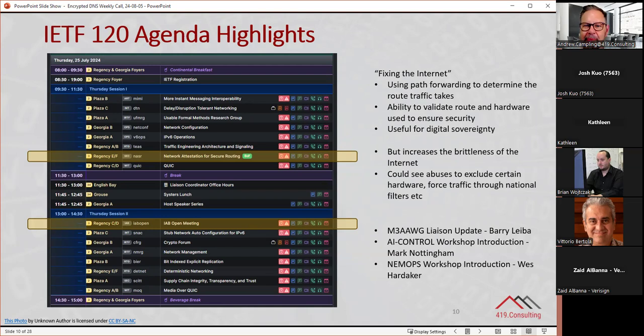If you don't like a particular vendor, you could use this to exclude the hardware. Or, as I think somebody made a point during the workshop, I can't remember if it's in the chat or on the mic, you could force traffic to go through a national filtering, etc. So there were certainly aspects of it which got some criticism.